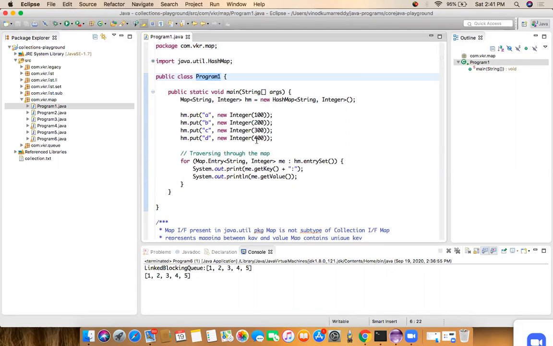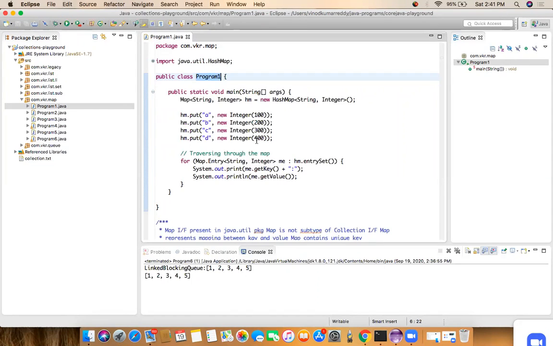The collection of elements in the map has a different structure. So the map interface is not similar to the collection interface. So they have implemented the map interface separately, instead of making the map interface a subinterface of the collection interface.